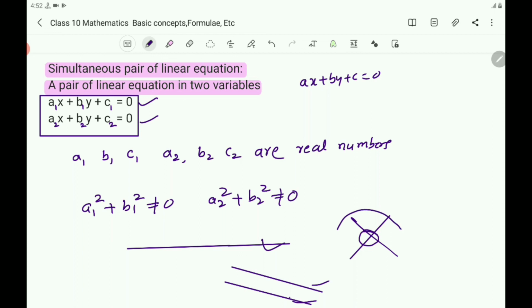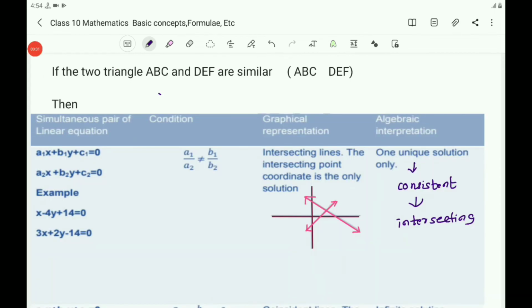In the intersecting case, that is called a unique solution. In the coincident case, infinite solutions. In both cases they are consistent. But if they have an infinite number of solutions, you can say they are dependent and consistent. Now let us discuss their solutions. Here this is one of the natures of the graph. Two straight lines intersect each other, meaning this pair of linear equations has only one solution. They intersect at this point, and the intersecting point becomes the solution.